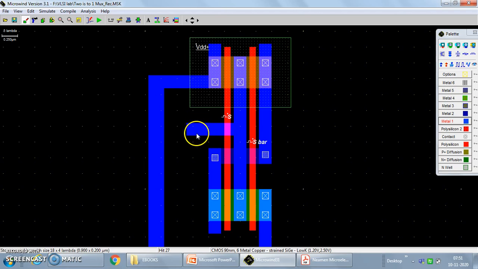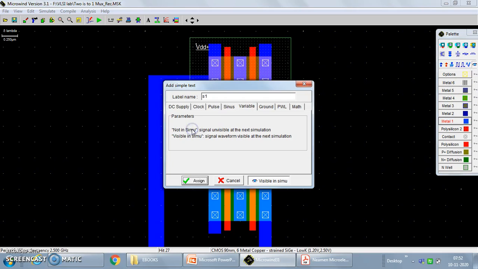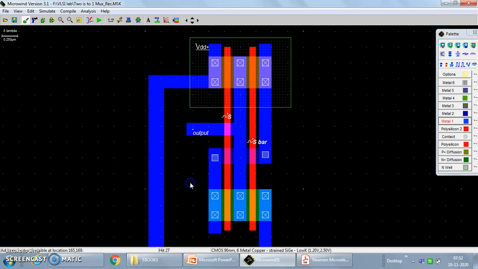Okay, from this point we can take the output. Again, as per the rules, it should be with sufficient width. If it is not sufficient, we'll get a message. Okay, fine. So from this we can assign the output. I will call this output Y, or I can simply say OUT. This is what the output is. Assign the output.